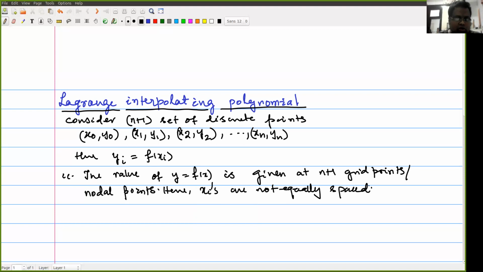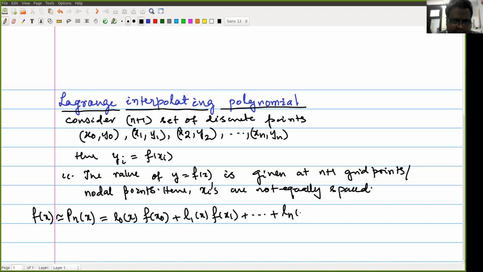Let me write down the polynomial. Suppose Pn(x) is the polynomial, so f of x is approximated by this Pn(x). I can write L0(x) f of x0, L1(x) f of x1, and Ln(x) f of xn. This is my equation 1, where